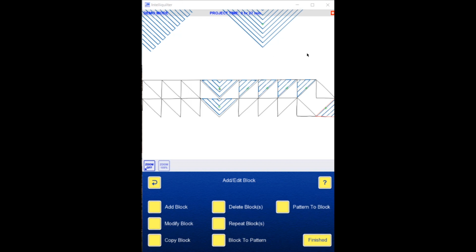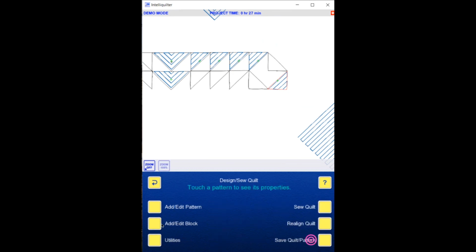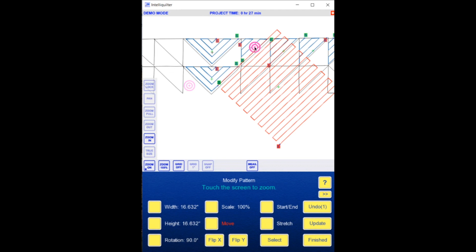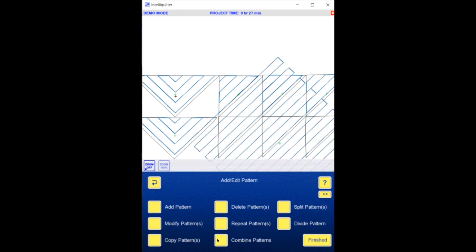So then I'm just going to treat it exactly the same way as I go in here. And I have saved a copy over here that I've rotated so I don't have to rotate it every time. Add edit pattern, copy pattern, this one, continue, zoom in, and now because I have multiples of these, I can line up on more than one. I can line up here, I can line up on this one, and this one's coming out pretty close to perfect just because I'm not actually stitching it and remarking. I'm going to say finished, finished,